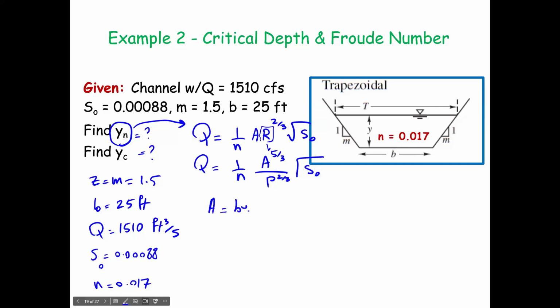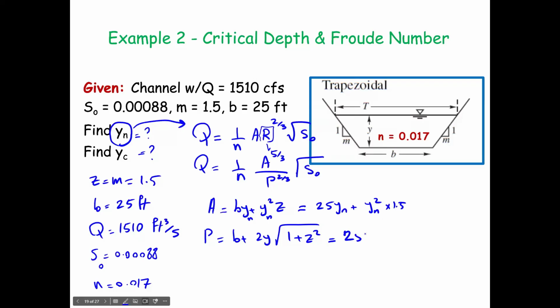Area is BY plus Y squared Z. P is B plus 2Y square root of 1 plus Z squared. Or M, doesn't matter. Z, M, both are correct. Do I have y or yn? No, so I will just keep yn. Area is 25 yn plus yn squared multiplied by 1.5. P is 25 plus 2 multiplied by yn, plus